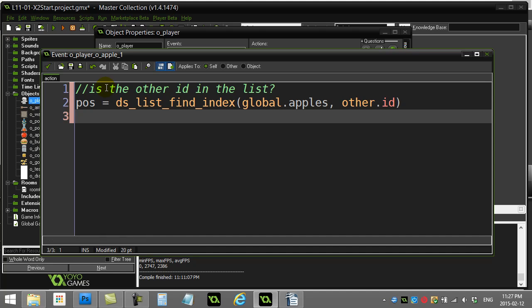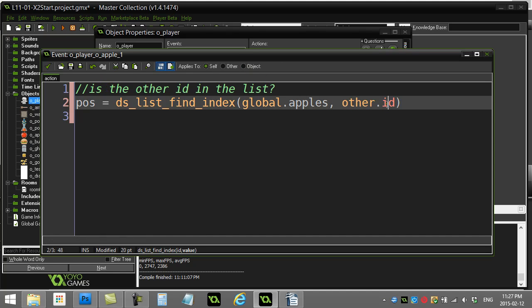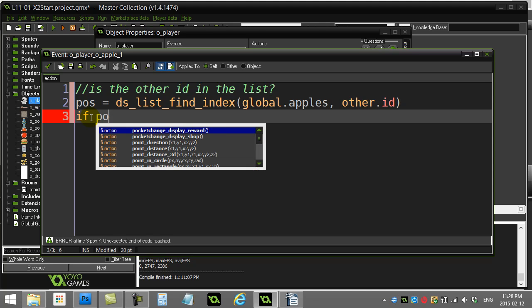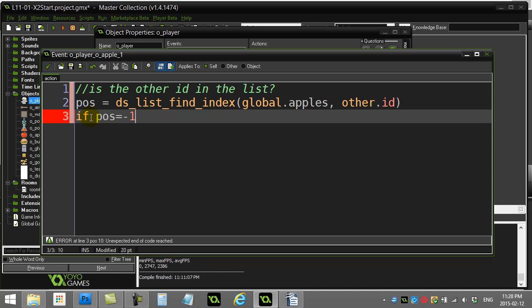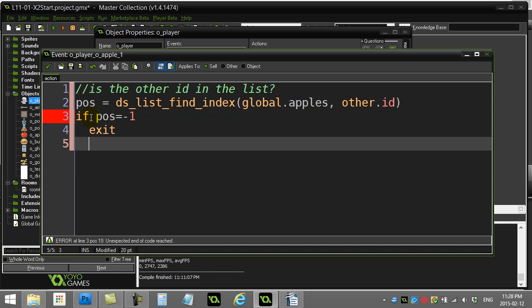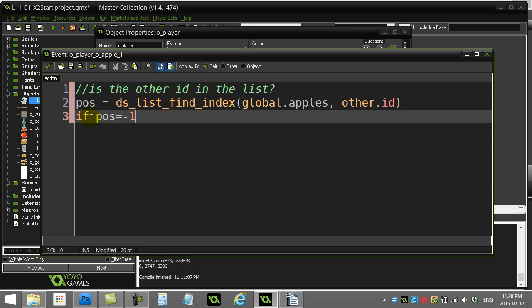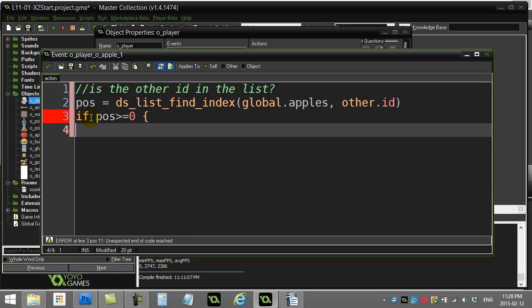The other thing I just collided with has an ID value, like 1,027,000. Is it already in the list or not? Then I'm going to quickly ask if position is -1. No, that's totally wrong. If the position is greater or equal to 0,